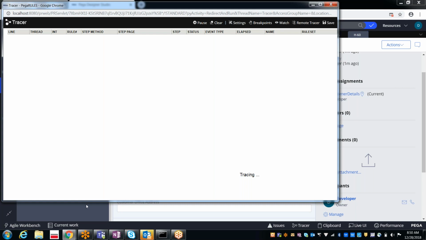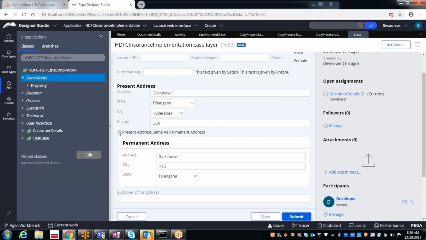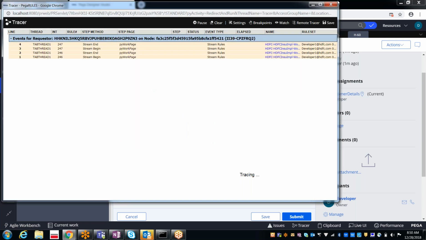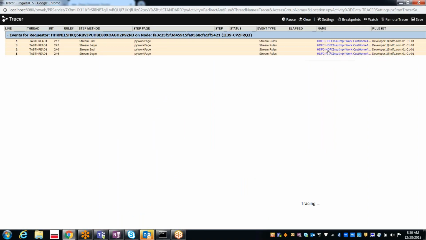Once after starting the tracer, now deselect the checkbox. It is just showing the stream rule. So what happened? Why is it not showing our data transform? Because it is already executed. So clear it, pause it.